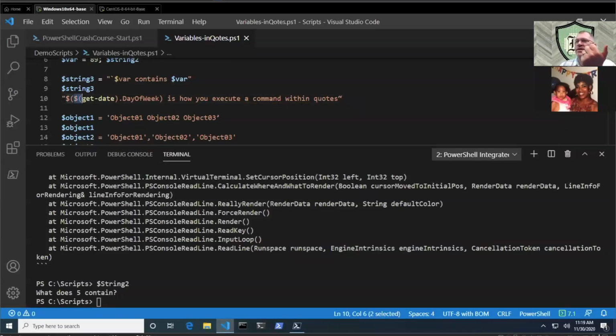So basically what I'm doing here is, with the $ sign, I'm saying execute this command and store it as a variable. And I also want you to grab the day of the week property of that and store it. And then we're using double quotes, so we're going to expand what's in there and say this is how you execute a command within